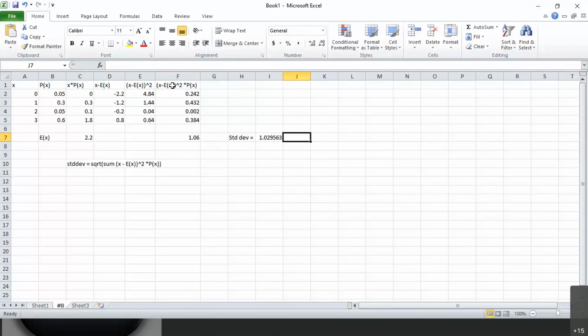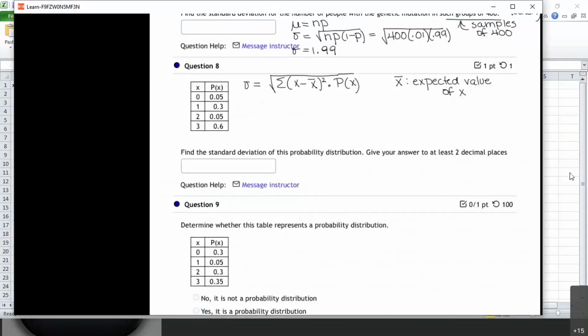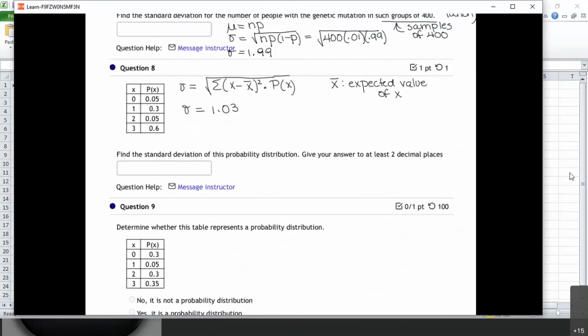You don't need the headings if you just have the formula in front of you. You just move over a column to do every operation. And the formula that you do need for this one is the one from the notes right here. So we got sigma equals 1.0. Again, use Excel